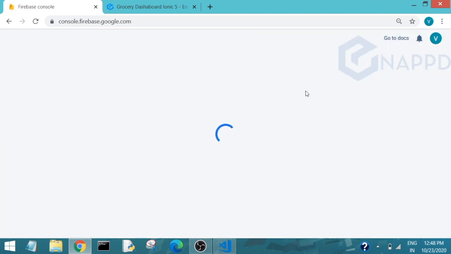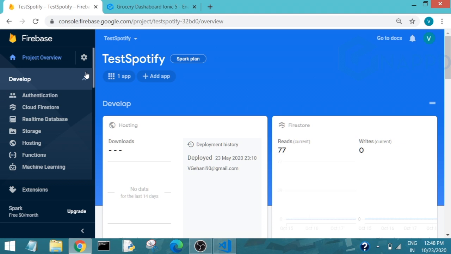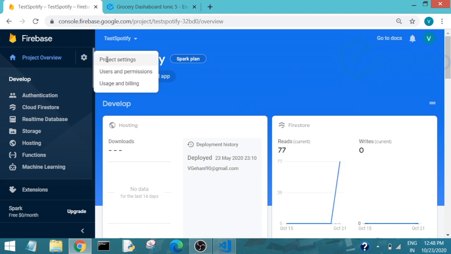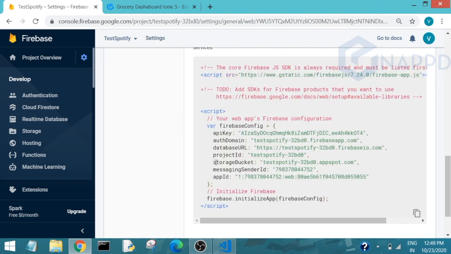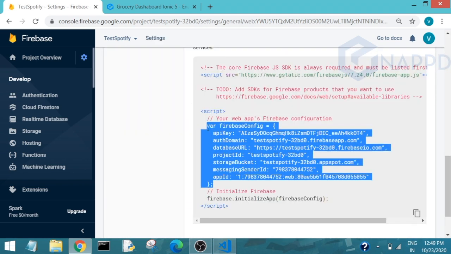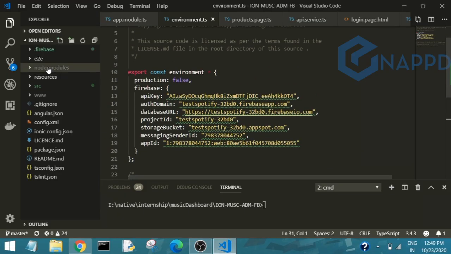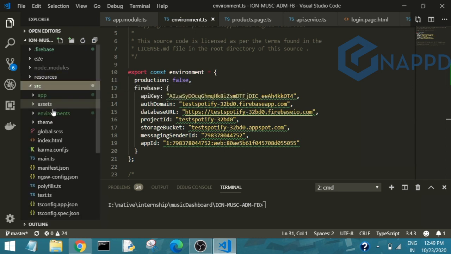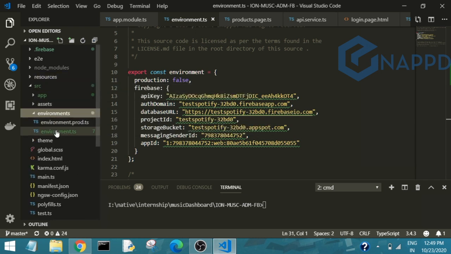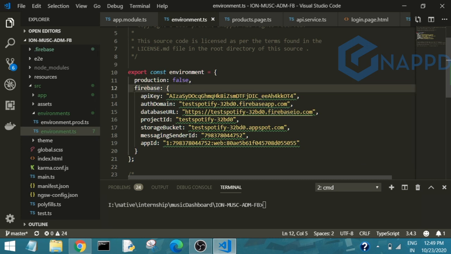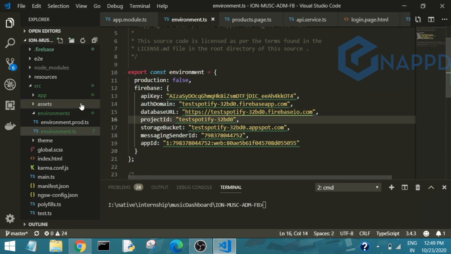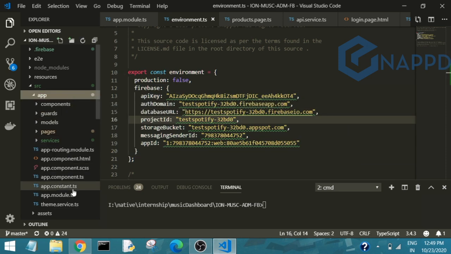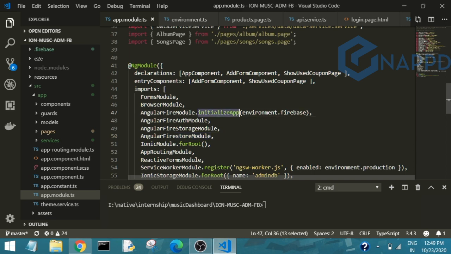I start by setting up my Firebase configuration. So you go to your project settings in Firebase and then you can scroll down to the config section. We have already set up a web app and you can copy its Firebase configuration part. You must be familiar with this part already. Now this is our app, a grocery application from inapp.com. In our environment file, we already have some configuration. We'll remove, or you can say replace, this configuration with the new Firebase configuration. As we already have the same configuration, we didn't make any changes.